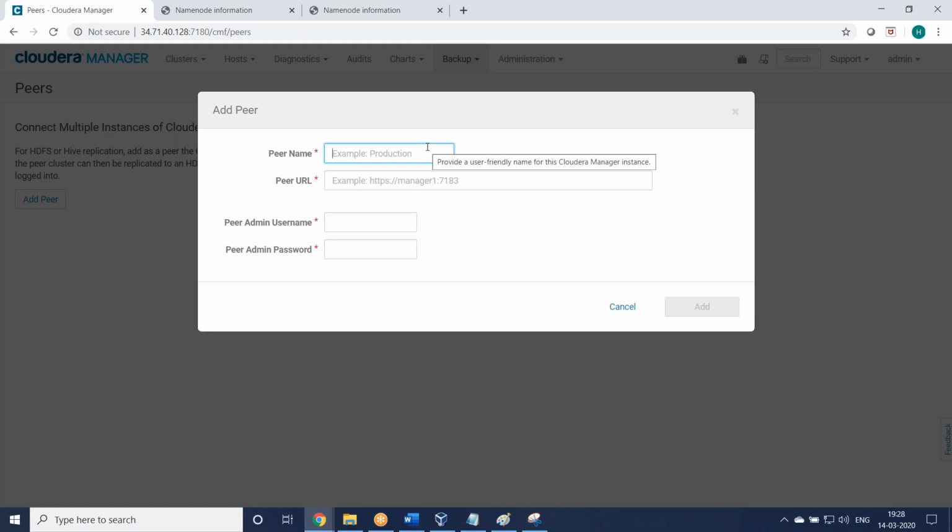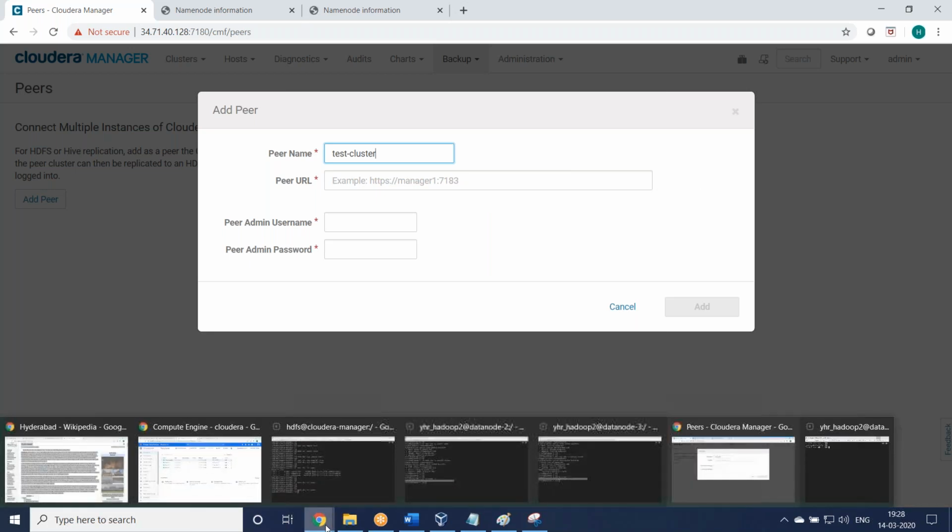We can give some peer name, something like test cluster. We need to give a path here. Peer URL, peer admin username, admin password, port 7183, Cloudera Manager. We'll take the URL.